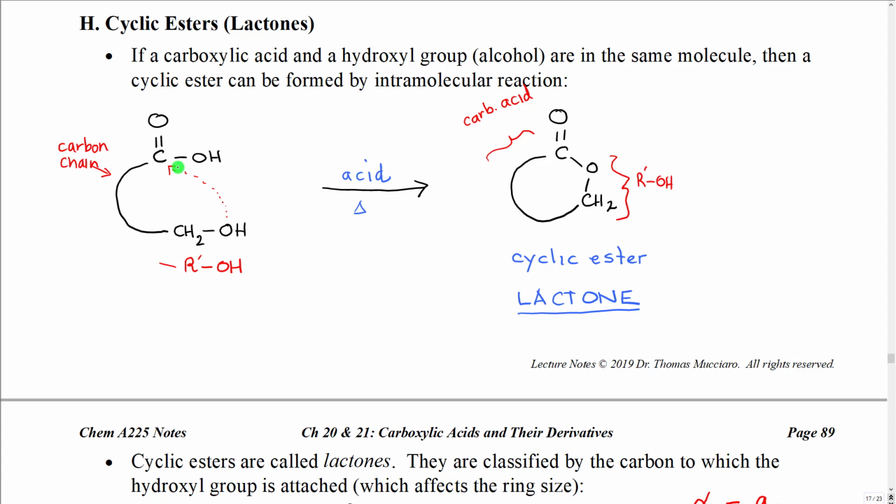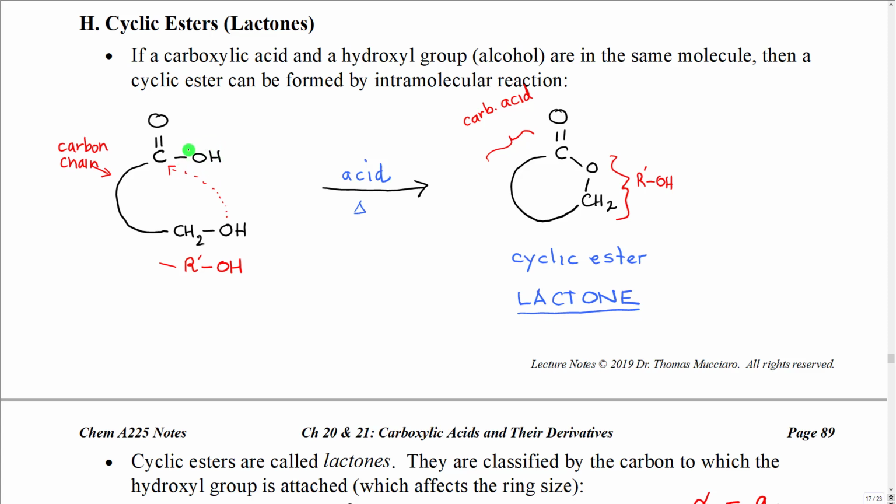We have a carboxylic acid on one end. At some point, we have a carbon chain attached. At some point on that chain, we have a hydroxyl group. So that makes this portion right here into OH attached to carbon, in other words, R prime OH. Under the presence of acid and heat, that OH could make a bond to the carbonyl carbon, force out the